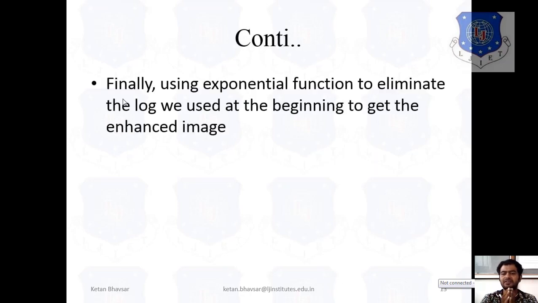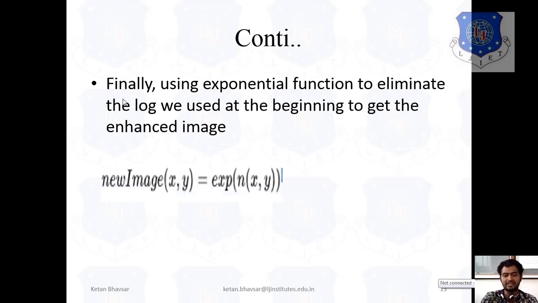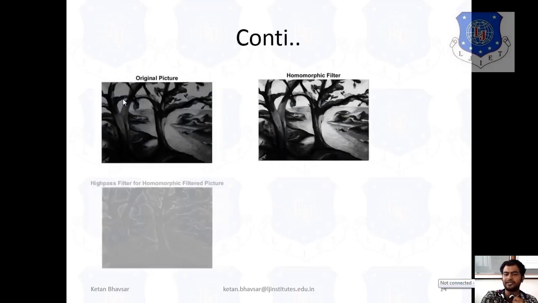Finally, with this exponential function we reduce the different types of low frequency content available in the image. With the help of this method we try to improve the quality of the image, we try to improve the sharpness, and we try to improve the gray frequency content as much as possible. So you get your new or filtered image after applying the exponential function on the data, and we try to improve the quality of the image.